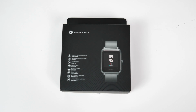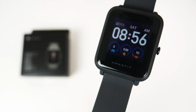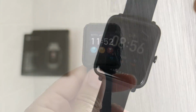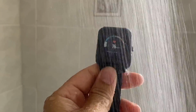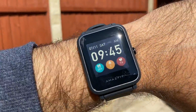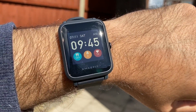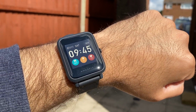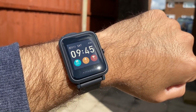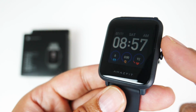So today I've got my hands on the brand new Amazfit Bip S. Now this is a new budget smart fitness watch with an amazing battery life, 5 ATM water resistance, built-in GPS, GLONASS and lots more. Now, first of all, on the front, we have a 1.28-inch trans-reflective TFT display with a screen resolution of 176 by 176. It is an always-on display, so the screen always stays on, and you do have Gorilla Glass 3 protection on